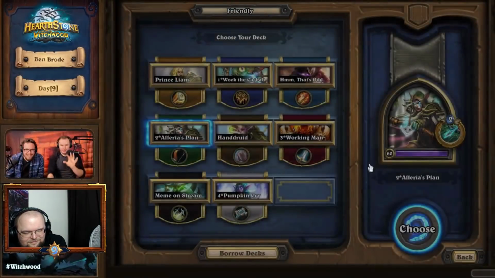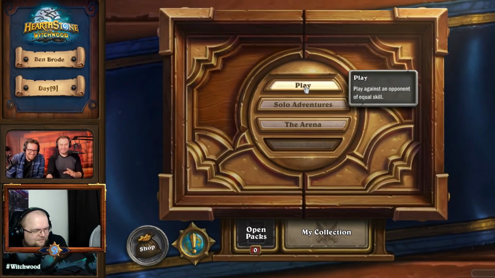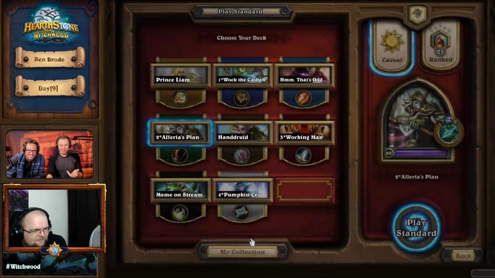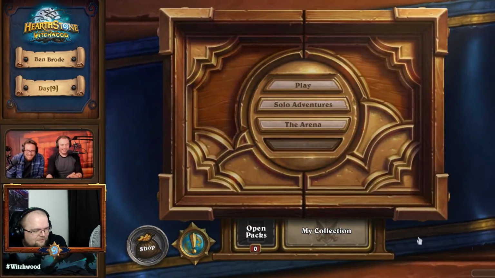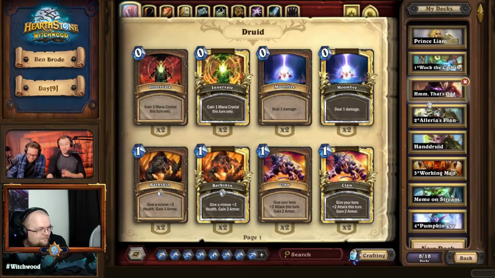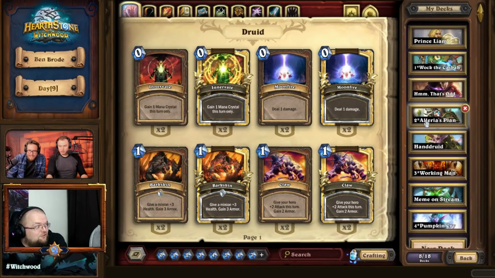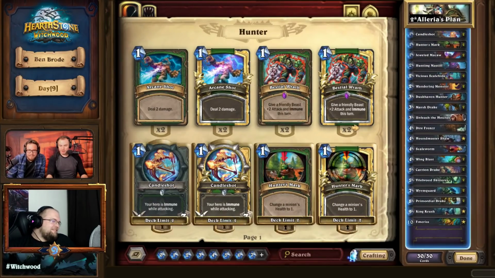Look at this hunter deck. I need to see what is. Don't hit borrow decks. Yeah. Well, see, it's from the play button where there's my collection. No, I see it. I'm merely explaining where the autopilot is coming from because I wasn't even aware that I hit that. So this is the hand. No, excuse me. That's the deck we want to look at. Hand Druid. Ooh. Okay. Okay, so Gendelson,